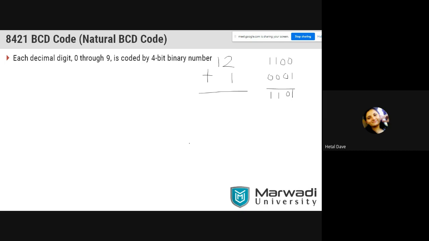What is the application of it? If I want to display a separate digit, then a separate group of LED should be on and off. So as per the LED arrangement, I need to give a separate code for each separate digit. Wherever you find an LED display, for example on a traffic light control, separate digits are continuously displayed, let's say starting from 60, 59, 58, 57, likewise down to 0, 0.